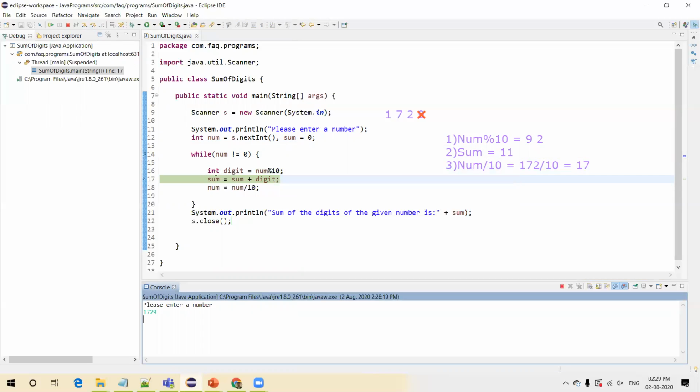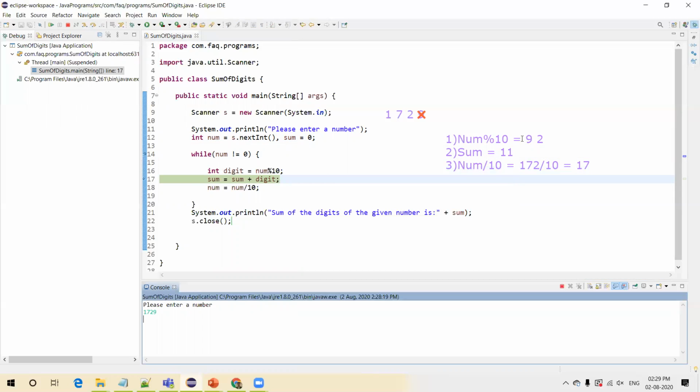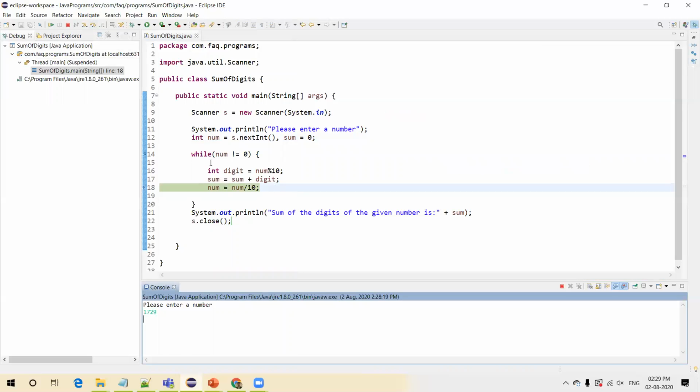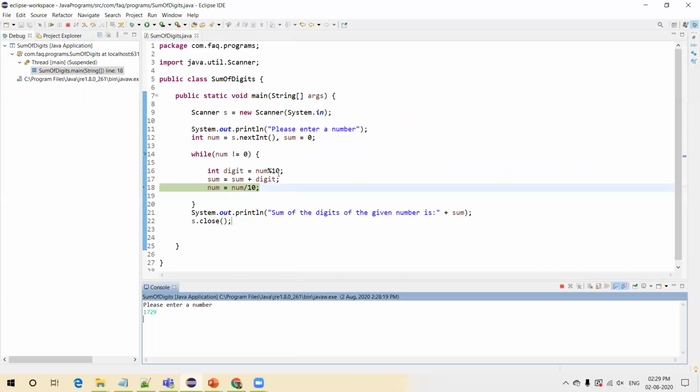Like once this line got executed successfully, you will get the result for this. So number divided by 10, and we got the remainder as 9, like how we got here. So you can see here again, to go to the next step, click on this step over icon again, and you'll go to the next step. And you can see sum also as 9. The initial sum was 0 and we added 9 to it. Now sum has become 9.